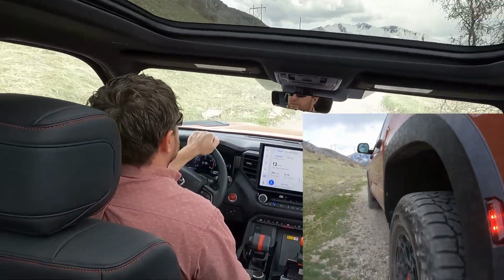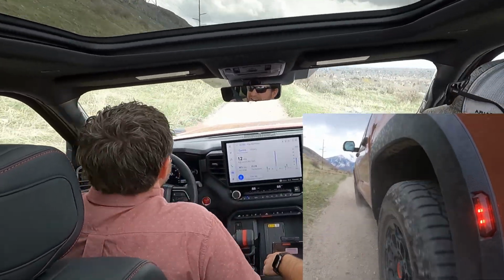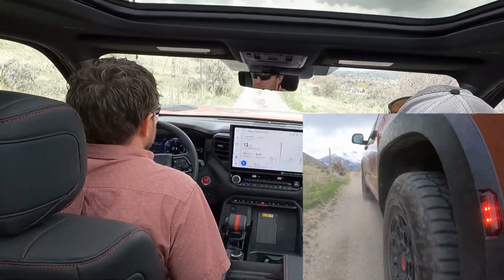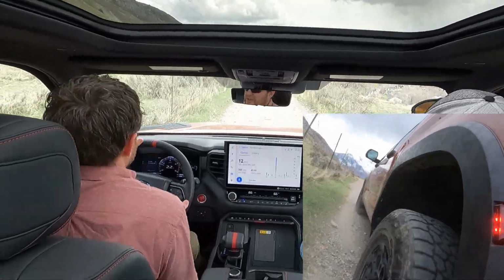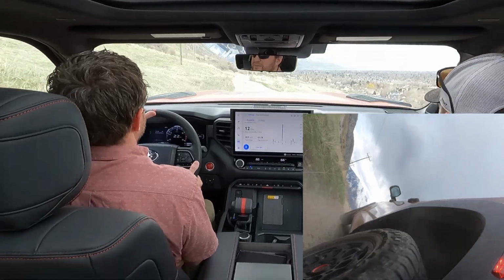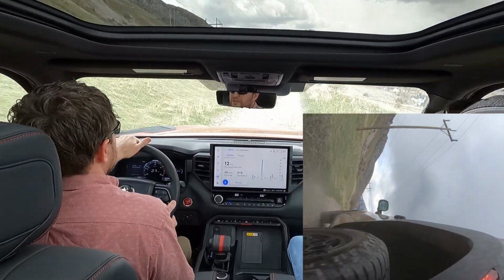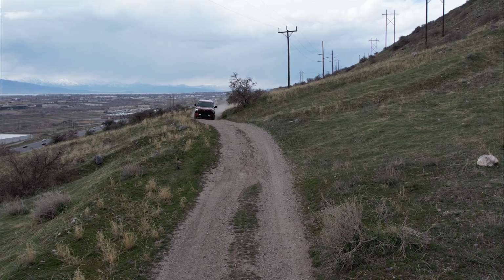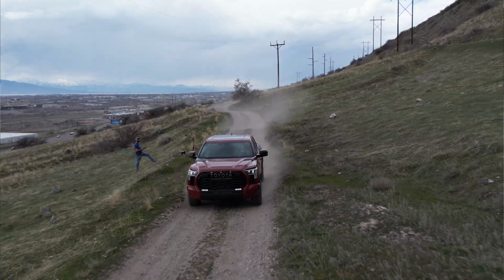So we're at 20 miles an hour, and if you remember in the past, the Tundra and Sequoia have been kind of the smoothest over this, as far as they eat up the little bumps really well, or up to the 21, 22. It's such a big vehicle that some of these bigger bumps, which I was really nervous they were okay, can hit pretty hard just because the length of the vehicle lines up poorly. But overall, these are some of the most comfortable and smoothest vehicles